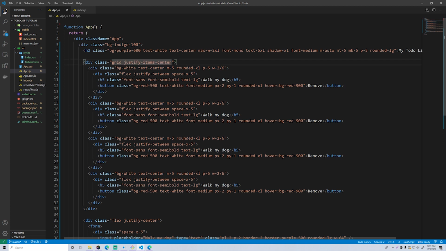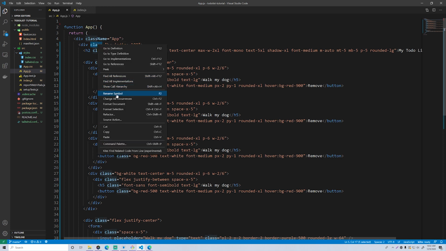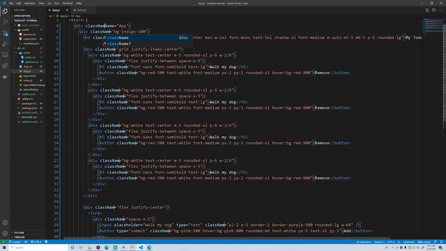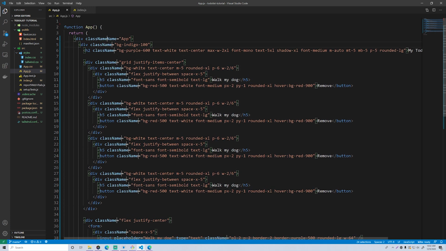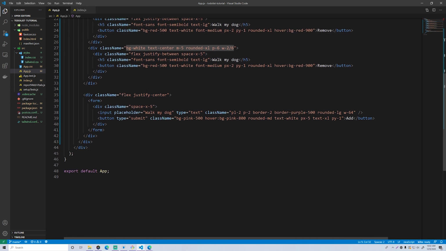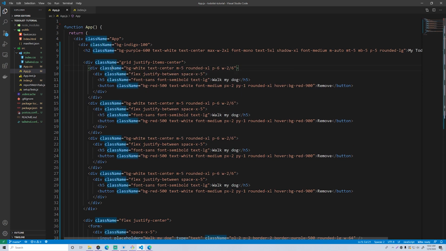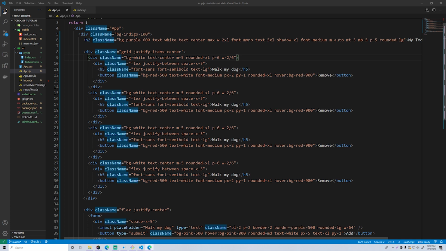And this is a little annoying, but since you're using JSX and React.js and all that, we have to change class to className. We can actually do that by selecting this and doing change all occurrences, so className, just like that. And make sure you fix this one here, okay? So yeah, that should be good now. Everything is renamed successfully. So let's pull up the application now, and here we go.